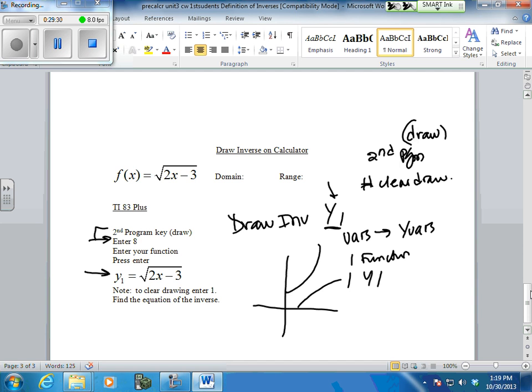Then hit VARs, y VARs, and then it'll draw. It'll draw this guy. See it draw? See it draw the correct one? That's your correct inverse. Your calculator is very bright. It only does the correct one. It can't do an incorrect one. So your calculator knows, don't take that part of the parabola. I just need this part. So tonight,